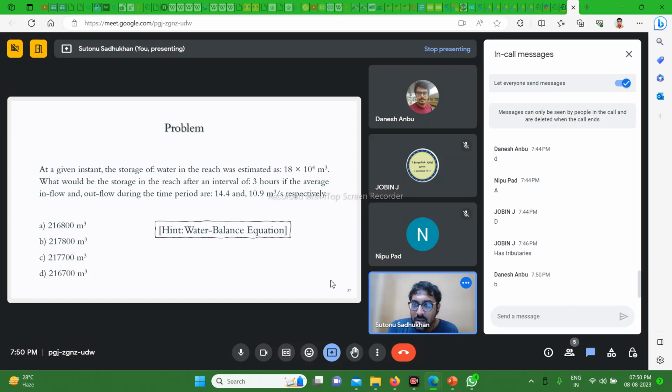Okay. Very simple problem. You can use the water balance equation and you can come out. And you have to look at what terms in the water balance equation are coming out to be zero, which are not going to be zero. You have to look for that, and you have to keep in mind the unit. Only these two simple things you have to run, and the rest is simple arithmetic, nothing else.